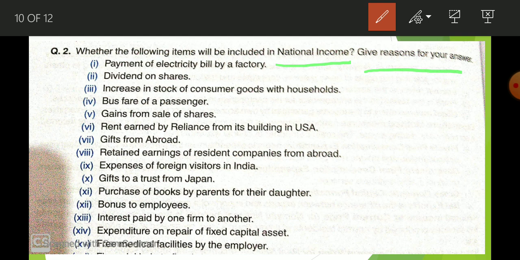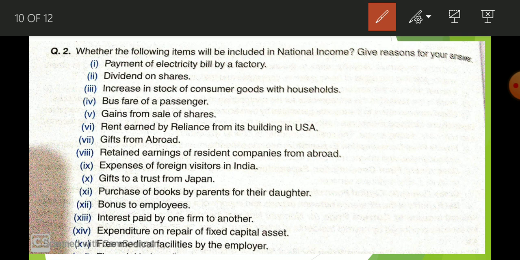Numerical questions, prepare them for 6 marks, plus the steps, that is, how you are going to calculate national income by any method. It is asked in 6 marks questions, and these are also asked in 6 marks questions. So please prepare it properly. And if you are having any theory problem or any problem, you can write in the comment box. I will reply. Okay, so let me start.